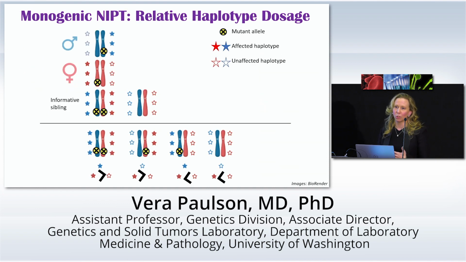And so there's another method used called relative haplotype dosage. And instead of looking for the mutation, you're looking for the thousands of polymorphisms surrounding that mutation to detect its presence and increase your ability to then identify that mutation. I don't want to go through this exhaustively, but the thing I want to point out here is that when you take from mom or you take from dad, you get all the polymorphisms. You don't know which ones are associated with that mutation, so the only way to make this test work is to have an informative sibling. So somebody else already had to be normal or abnormal for you to know which chromosomes were aligned with those mutations, or polymorphisms, I should say.